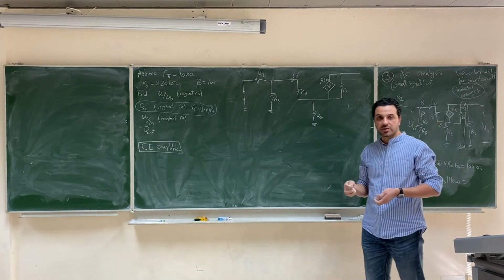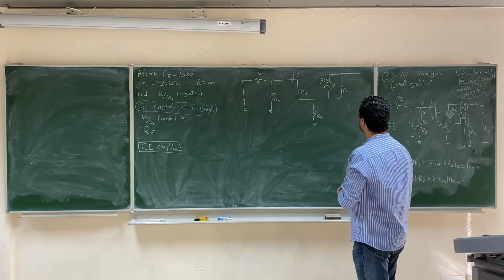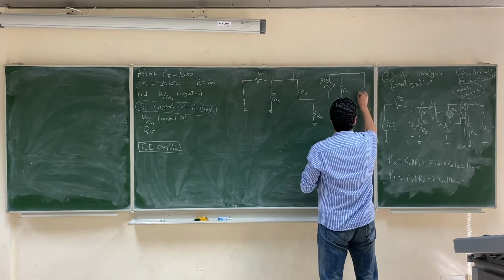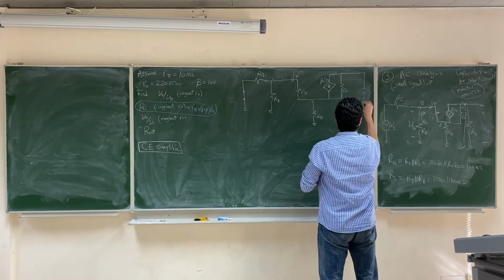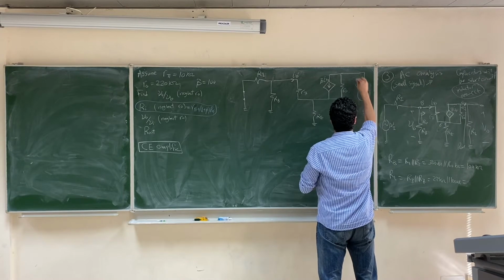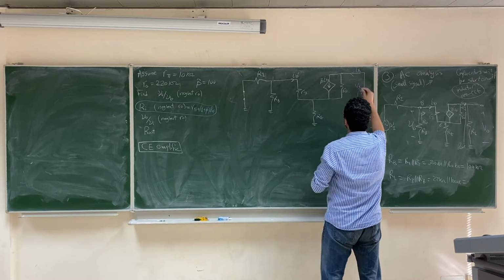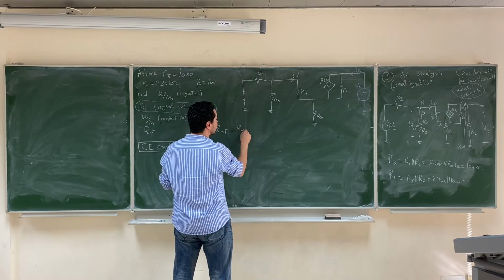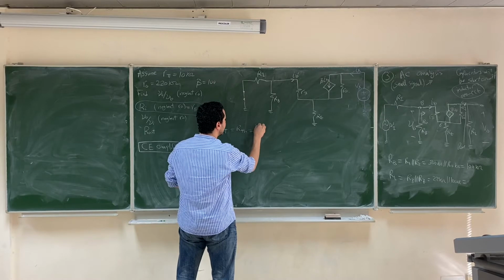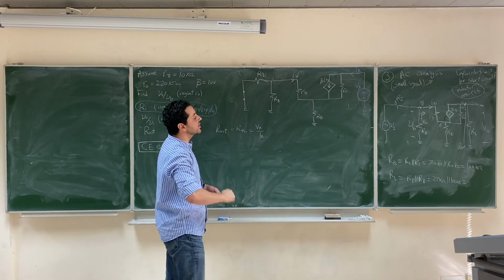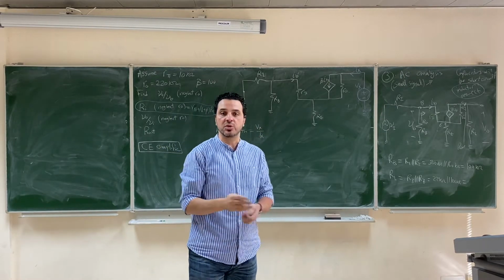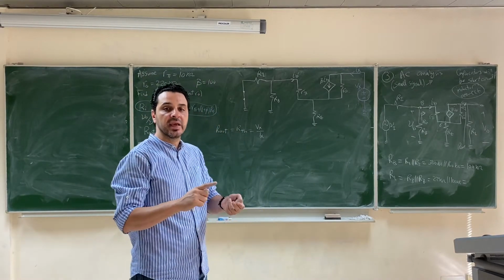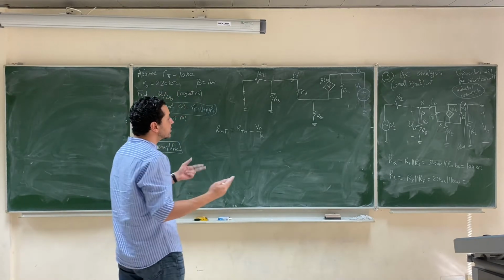If you have a dependent source in your circuit, you have to calculate the Thevenin equivalent resistance by assuming that you have a source Vx that gives you a current Ix, and then you say that R output will be the Thevenin equivalent resistance from the point there, which is Vx over Ix, and you try to get a relation between Vx and Ix that doesn't contain any variables. So you get a relation in terms of constants, which are the resistors, the value of beta,